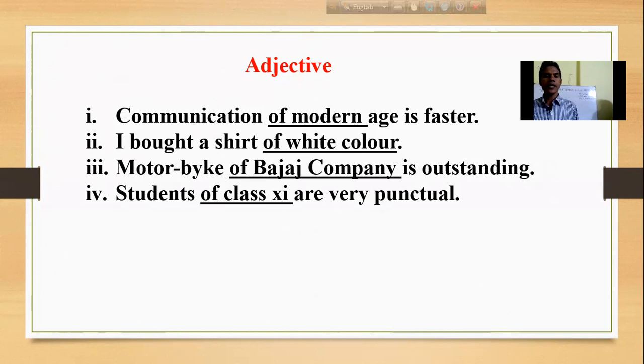So here we find adjective used as a post modifier. Another example, I bought a shirt of white color. What kind of shirt did I bought? Of white color. So of white color here gives extra information about a shirt. So it's a post modifier. Another example we find here, motorbike of Bajaj company. What kind of motorbike? Especially a Bajaj company. So here of